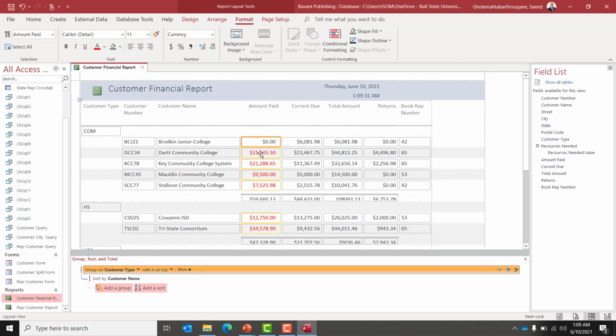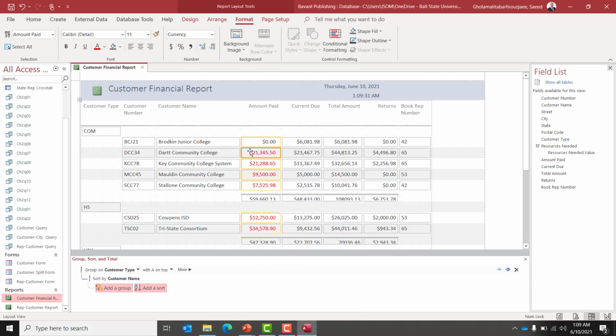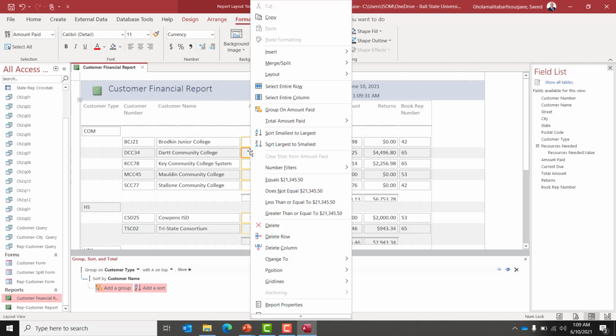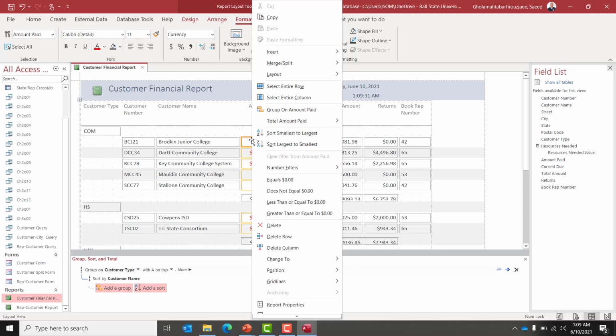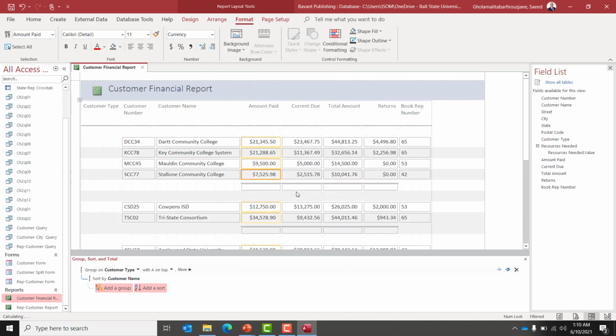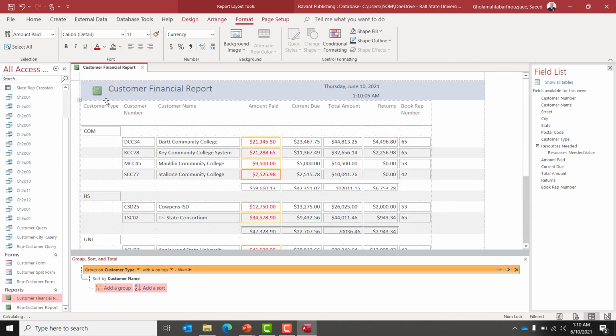The other feature of the form and report is the filtering. We can filter out some values that do not meet our conditions. For example, we can only see those values that do not equal 0. Okay, so here is the report,